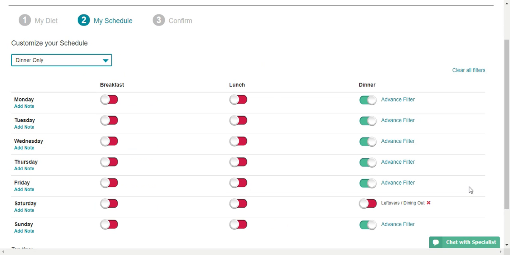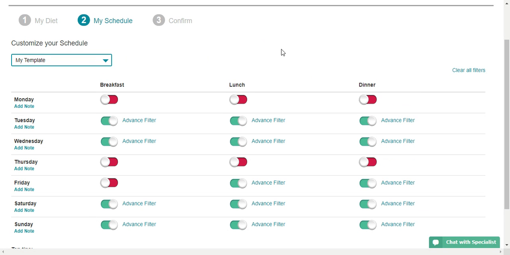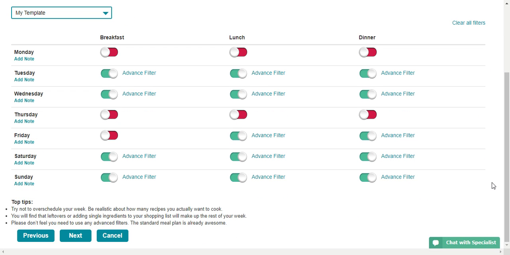You can just do dinners if you want, and then leftovers and dining out, isn't that cute? Or you have your own customized template, this happens to be ours by coincidence, and this is set up when you first sign up with Real Plans,